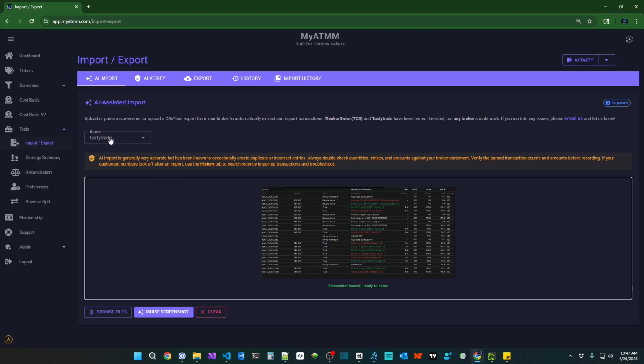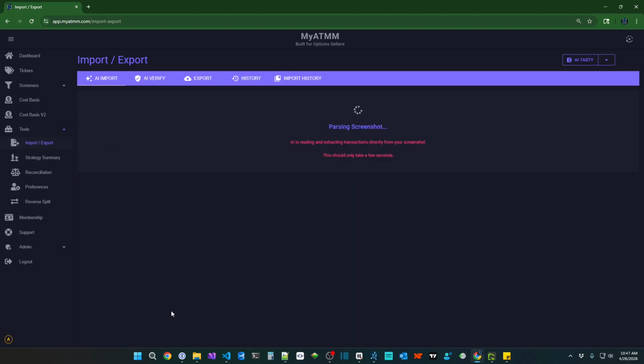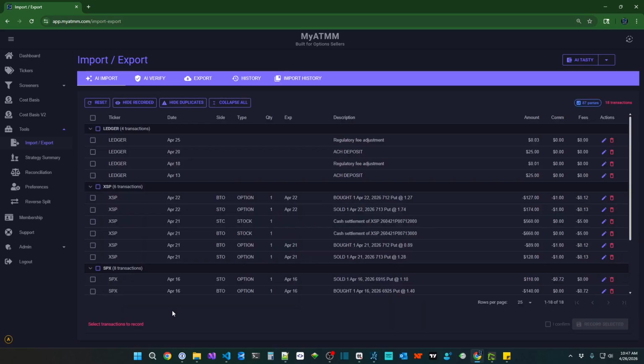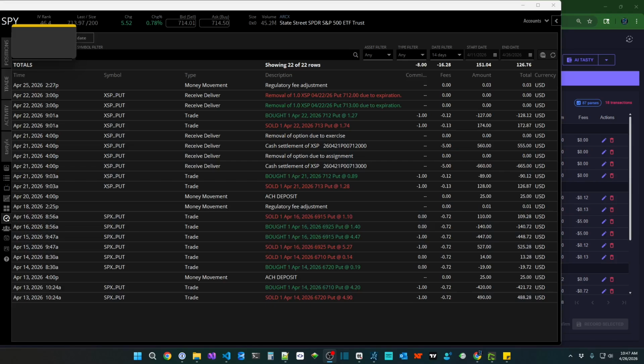We're targeting the Tastytrade broker, and we click parse screenshot. And that will parse those transactions out. And now we have, so we had 18 transactions. Let me go back over to Tastytrade and count them up. Okay, over here you can see it's showing 22, but the other one only imported 18, so you're like, okay,